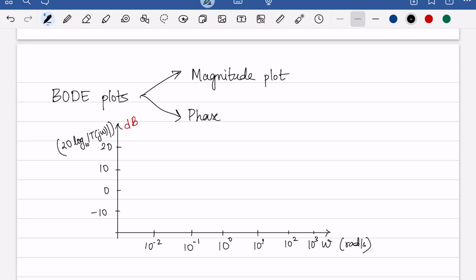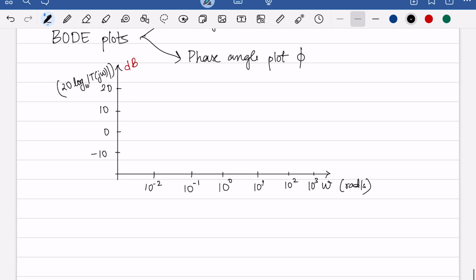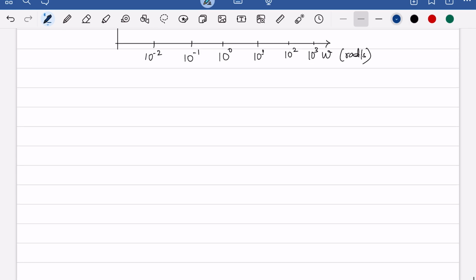Yeah, the phase angle plot psi. And this one, because it's not something related to frequencies, we do not use decibels. But for now, let's start with the magnitude plot. And to keep things standard, we're going to start with a first order system,